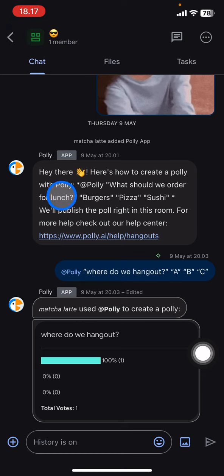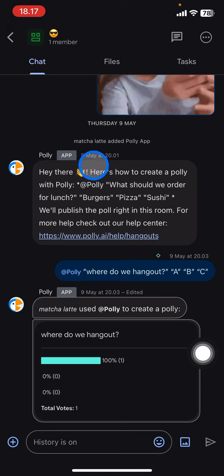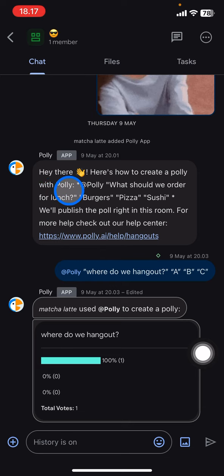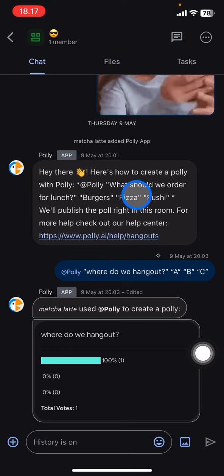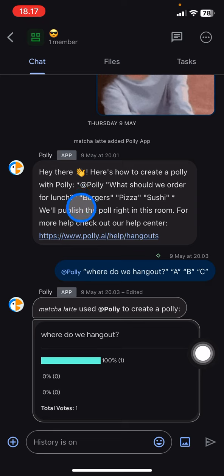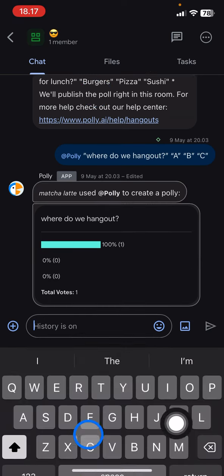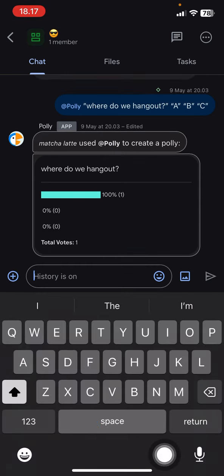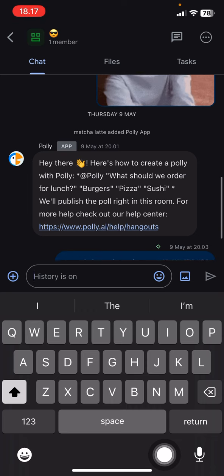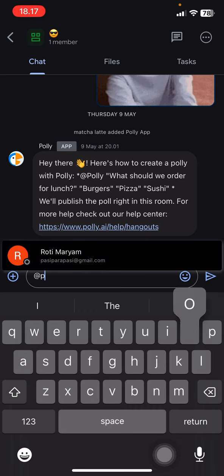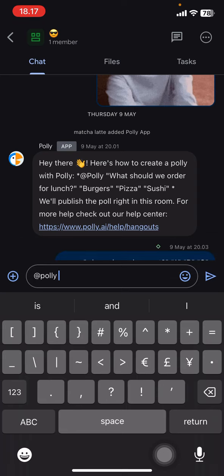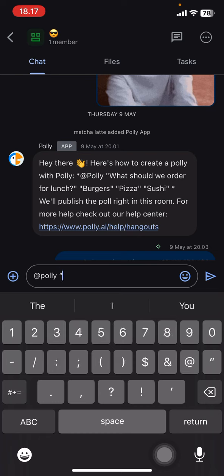Next, follow the instructions. Polly will add information such as this, which is information about the tutorial on how we can create a poll with Polly. So you just need to tap add Polly and give the question with the options. Just follow what Polly instructed us. First, add Polly, and then click this or add the symbols, and then add the information